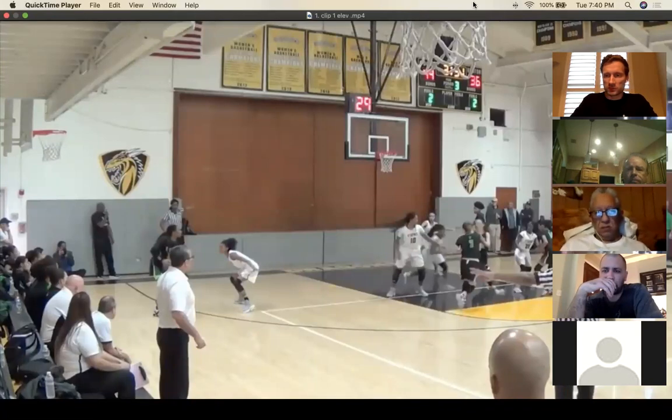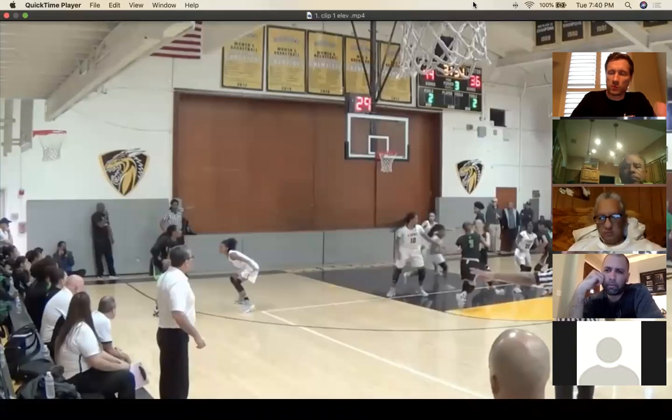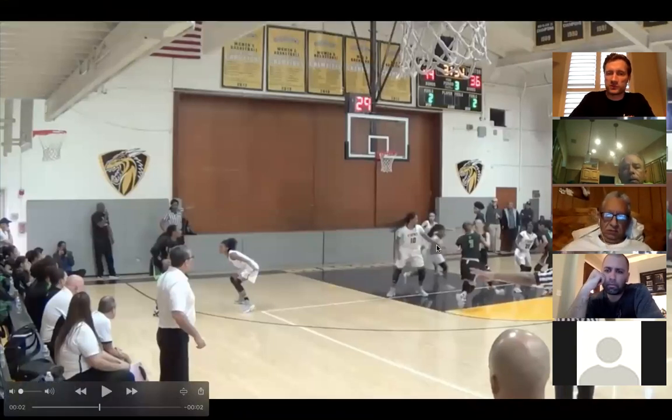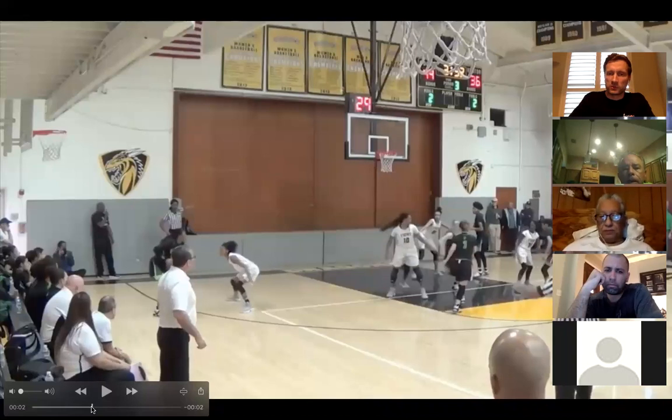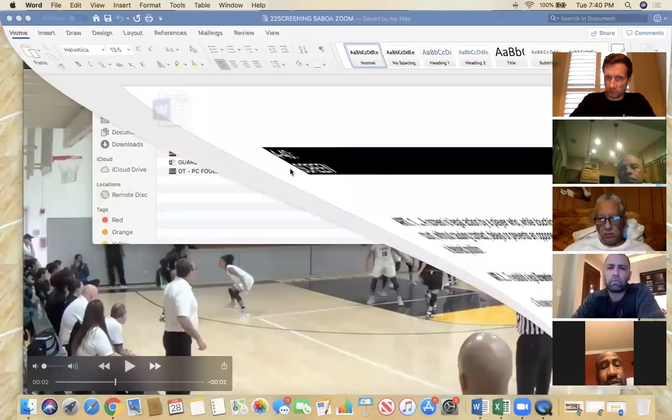So we discussed on the last one about a moving opponent. So this would be considered a moving opponent, right? We're screening a moving opponent, which is this girl that is trailing the play. So then different rules apply to that. So again, I'm a big rules guy. Want to make sure that we're getting everything correct on this.